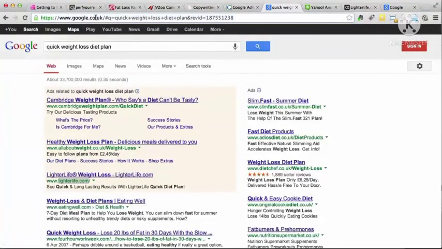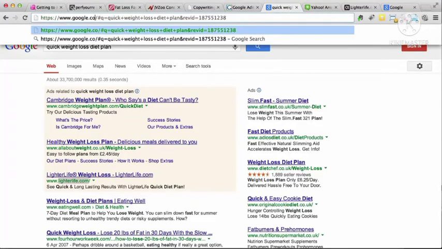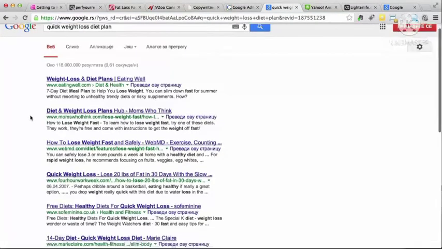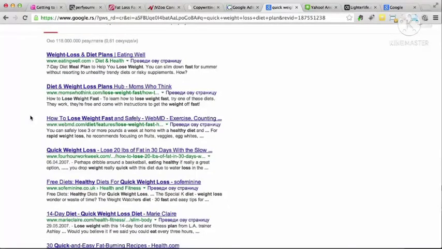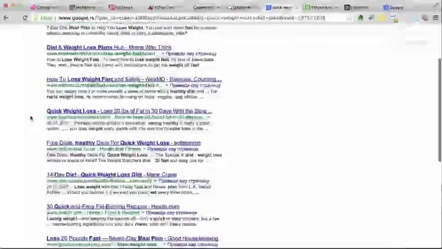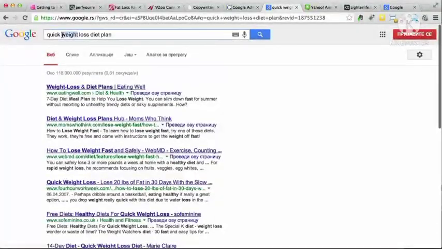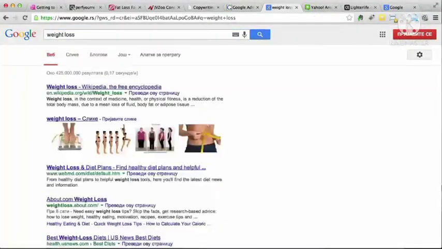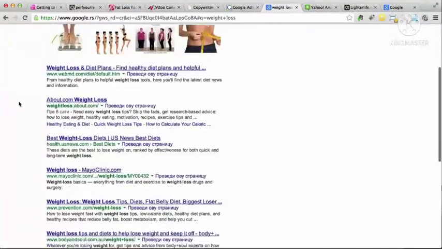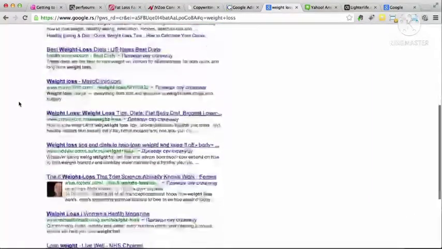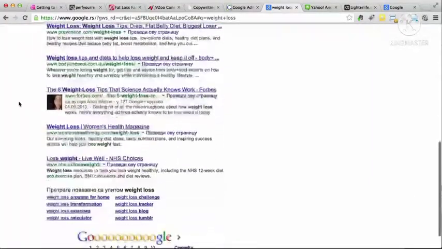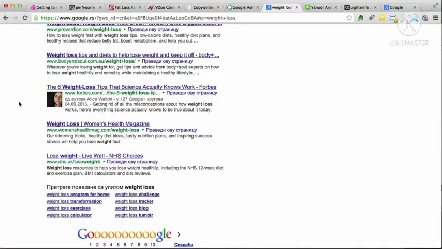Now, let me try and change this to .com. Maybe that's the problem. I'm just getting results that are related to UK. We can also try changing the keyword, maybe something more general like weight loss, and then maybe we can find something related to this. For example, if you would want to promote weight loss for women, then you can select